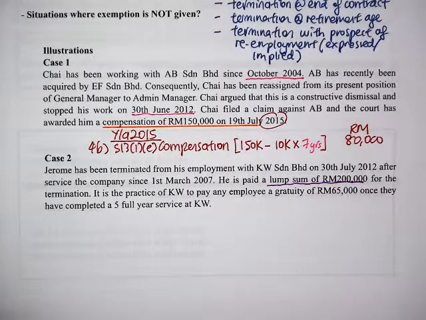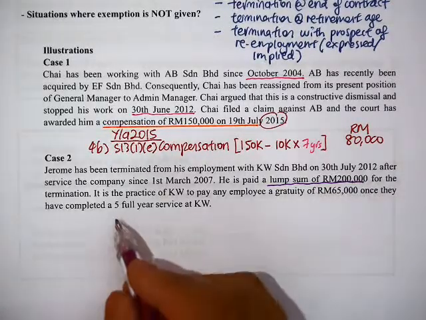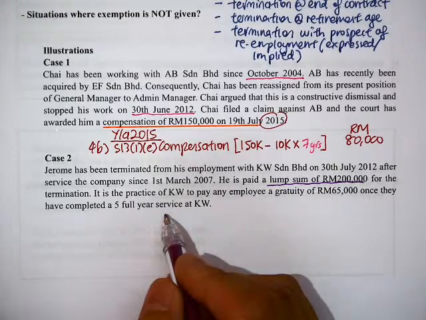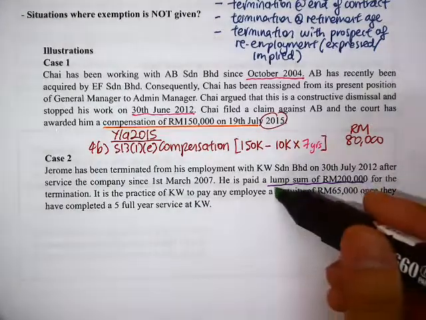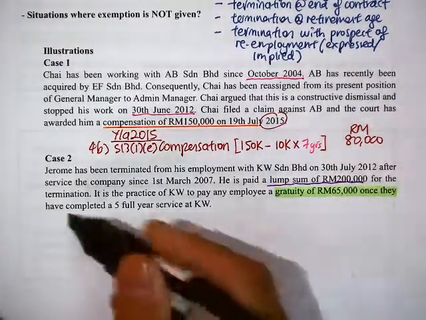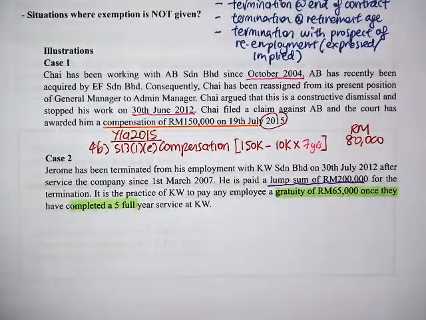Now it is the practice of KW to pay employees a gratuity of 65,000 once they have completed 5 full years of service. Now, so if you have a practice, it becomes constructive that gratuity will be given the moment you complete 5 years. And you look at Jerome's case,